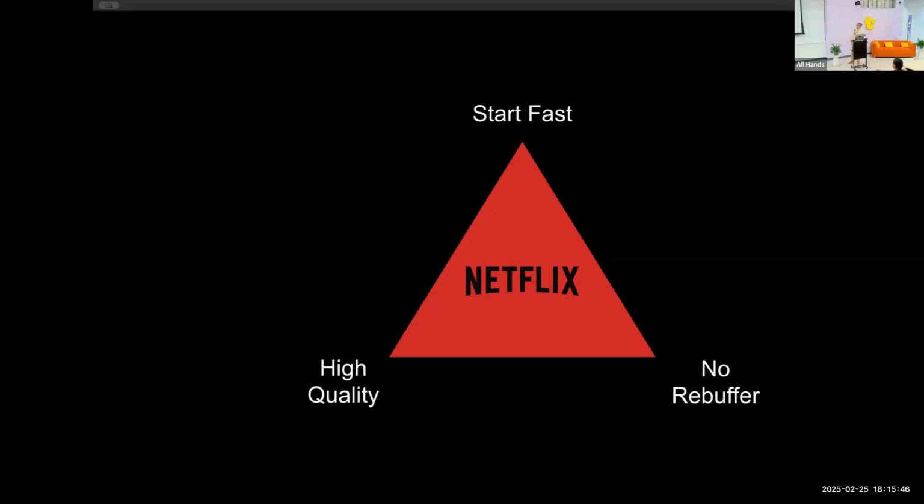At Netflix, we believe that we can pull on all of them as much as possible. Obviously, we have a different approach than YouTube, for example. When you watch a YouTube video, you want it to start fast, and it's more manageable to have rebuffers during the video. I think for Netflix, it's more acceptable that it doesn't start right away, but it's unacceptable to have rebuffers throughout the session. So the strategies are going to be different.